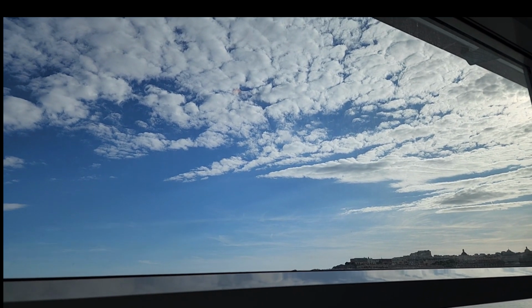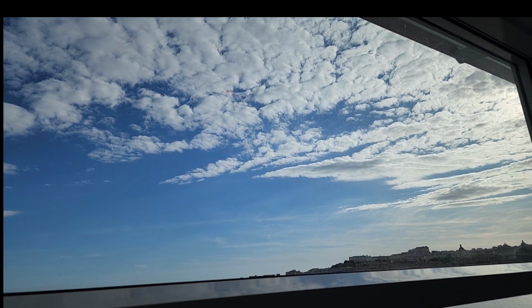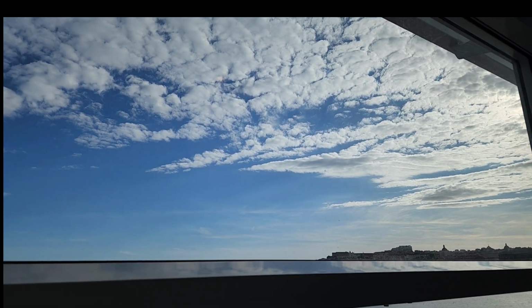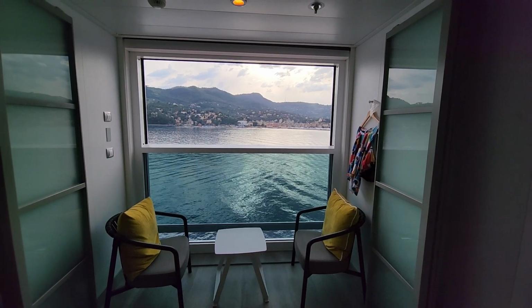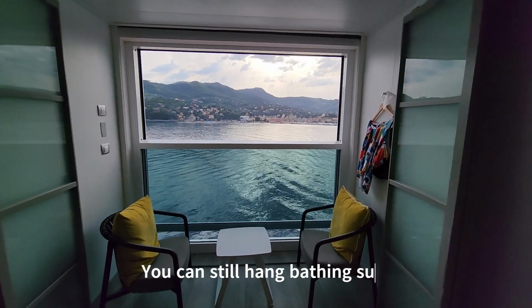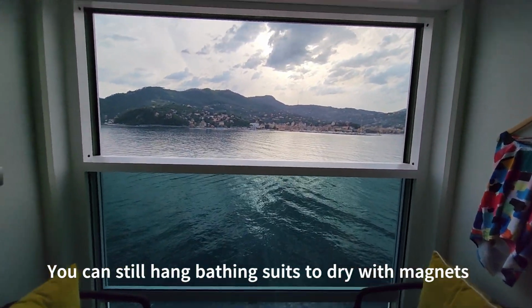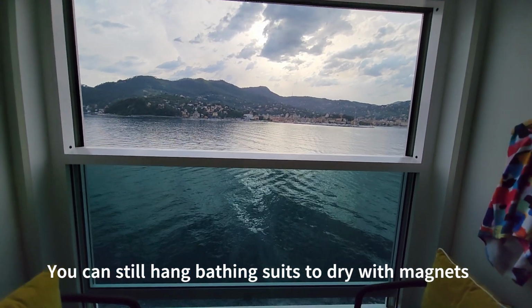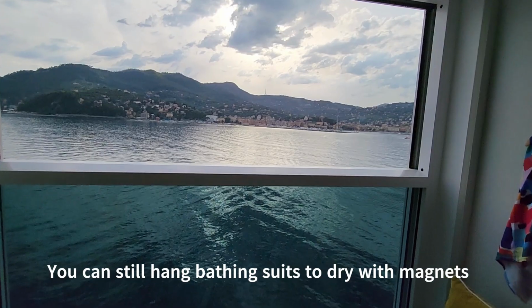So the captain didn't lock it too much, and then you can't open your window for the fresh air. And you can feel the breeze coming in here. I wasn't sure how much of a breeze would come in here, but the breeze does come in, and it's been really nice. So if you're considering an Infinite Veranda, especially when it's going to be cold or rainy, it's